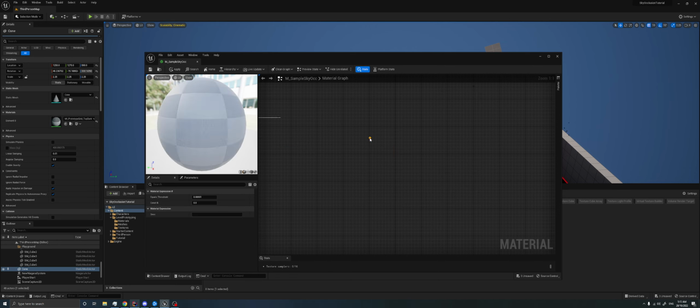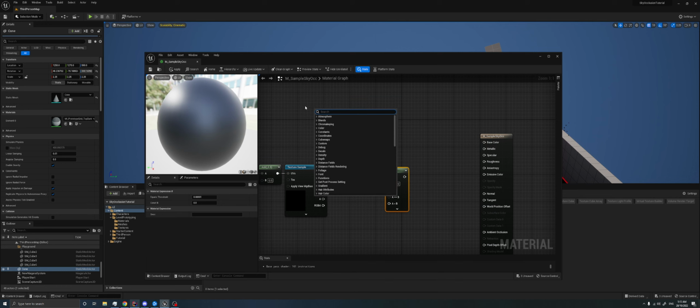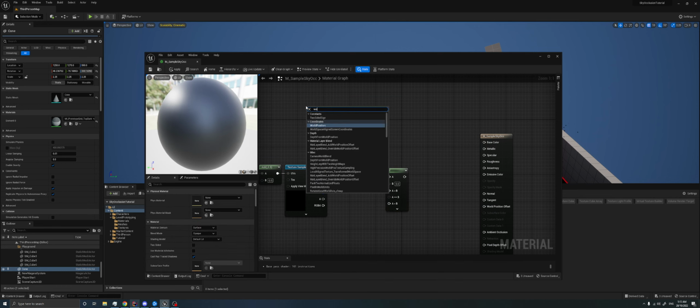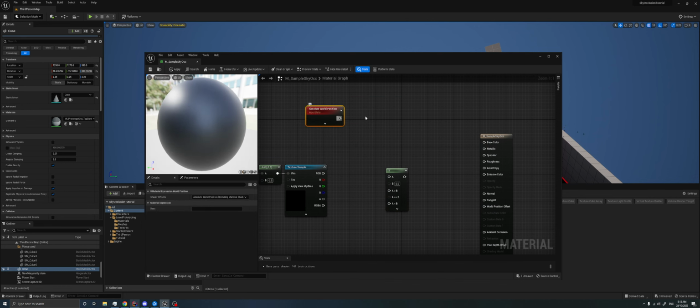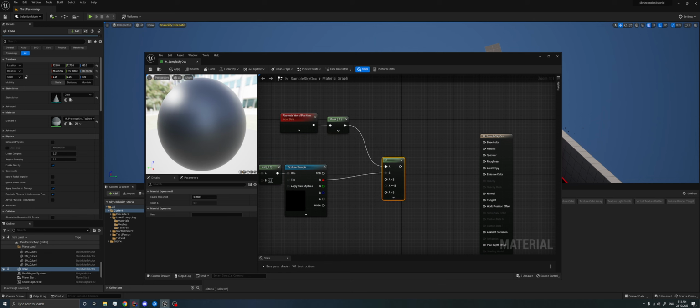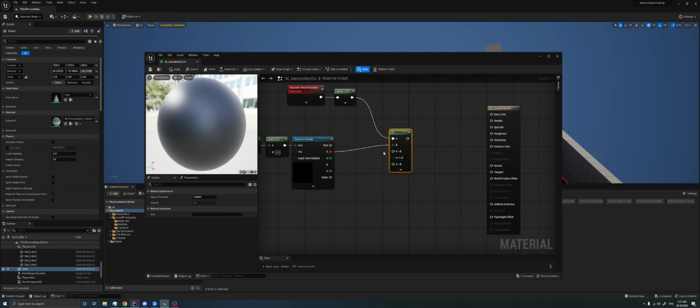And we can do that with an if node, is one way to do it. We just grab the world position dot B again, and we put that into A, and then we take our scene capture's height, the height that we captured in the texture, and we say if